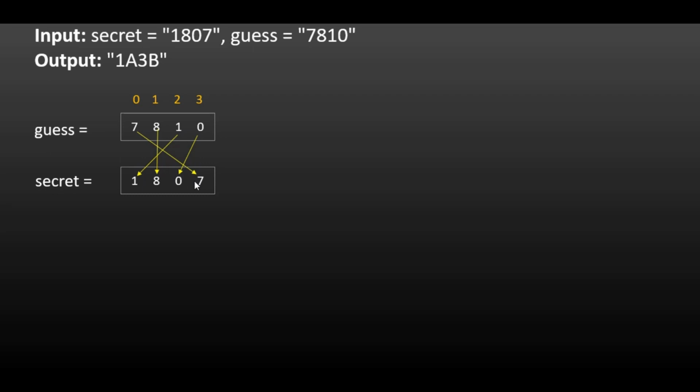Why hash map and why not hash set? If I use only a hash set, and let's say here there is one more digit, and that digit is 7, and here in the secret the other digit is, let's say, 6. So here what will happen is the guess has 2 occurrences of 7, however the secret has only 1 occurrence of 7. So this one occurrence of 7 can only map to one of the 7s. It cannot map to both. So if I use a hash set, then I won't be able to determine whether that 7 has already occurred or not. I need to track how many occurrences of that 7 there are. So that's why I'm using a hash map. That is one way.